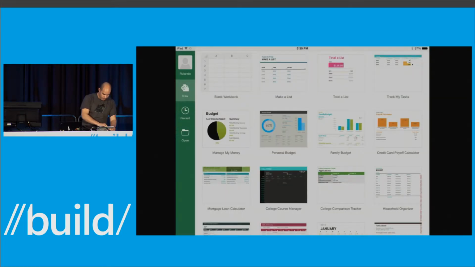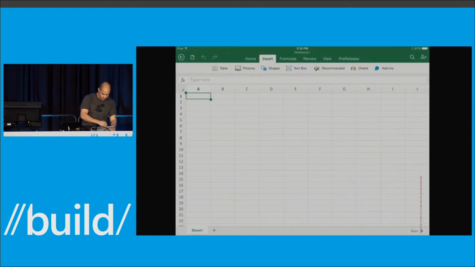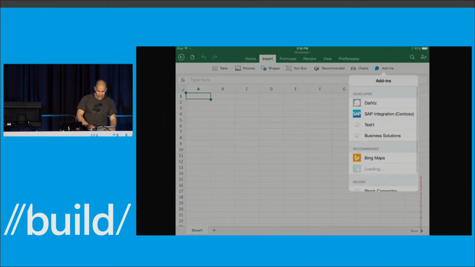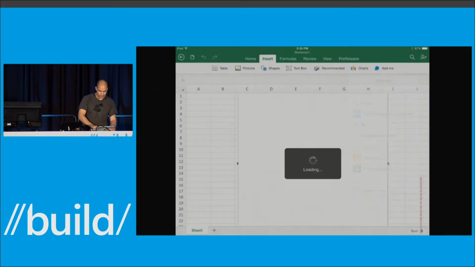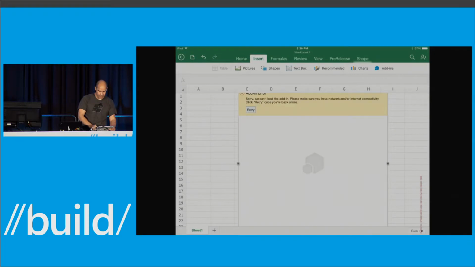So I'm going to create a blank document. And when I go to my insert menu, you will see that we have add-ins here. And you will see that because I sideloaded that app or add-in, it's already there. I can insert it. And